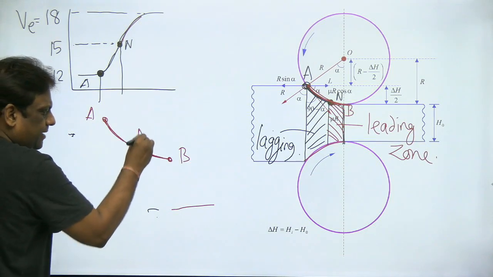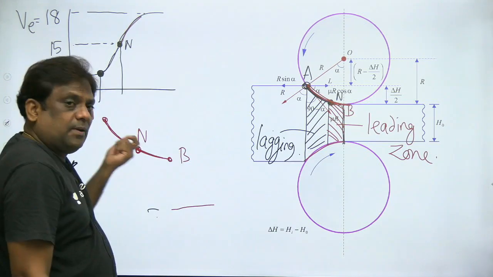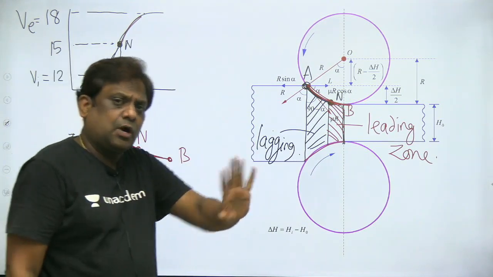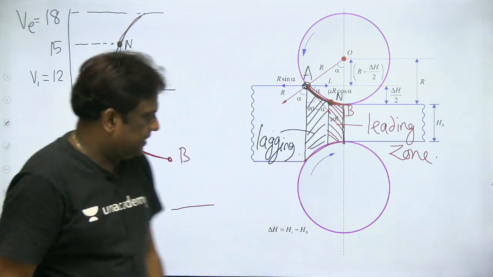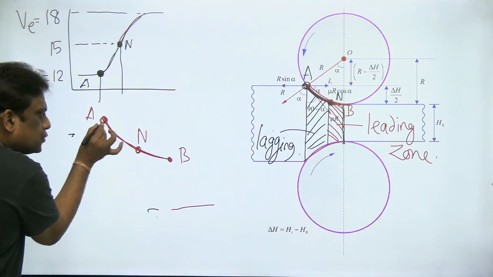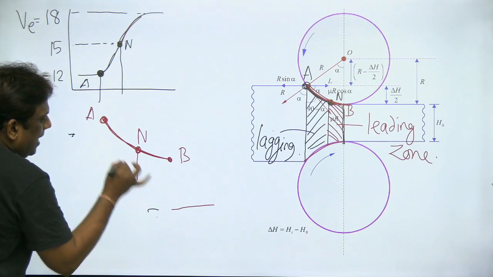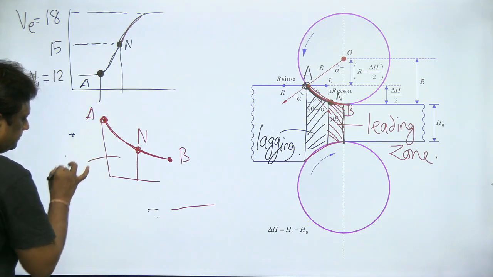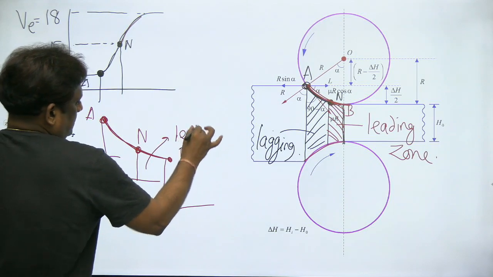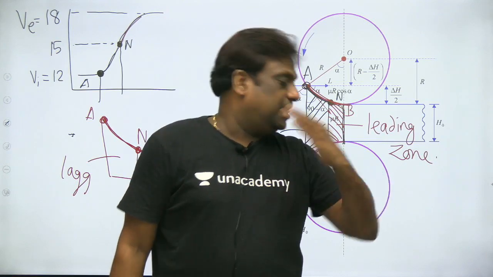Let us say this is N. Listen, I'll teach you clearly how we can shift this neutral plane, how it can be brought to the left side or right side. I'll explain all these things when I discuss the various parameters influencing this. Now have a look at this. In this zone, my component velocity is less than the roller, so this part is known as lagging, and here it is greater, so it is known as leading. Excellent. Now let us see the direction of frictional force in the lagging and leading zone.